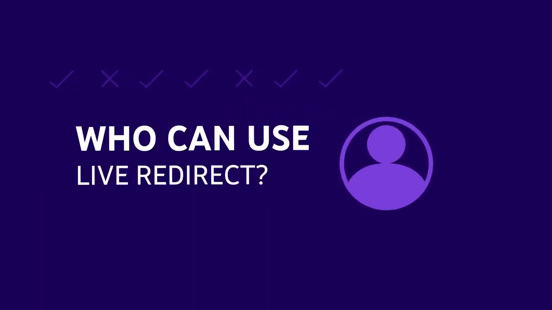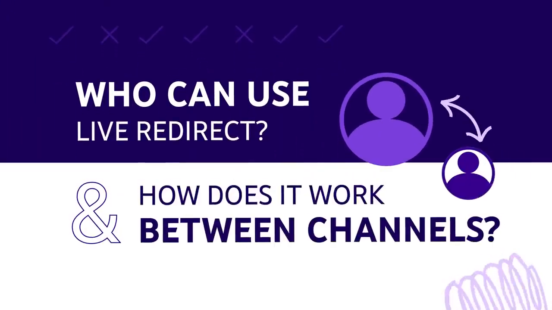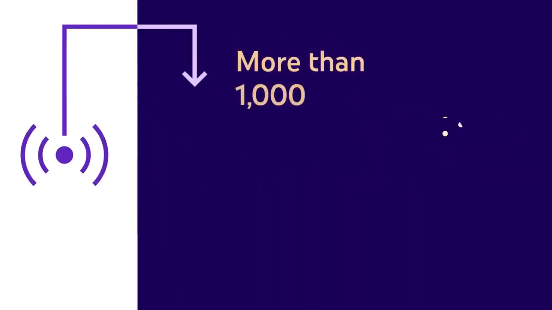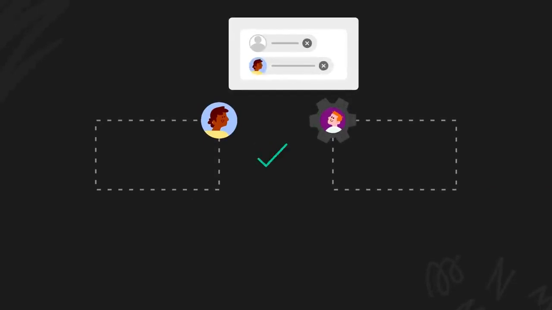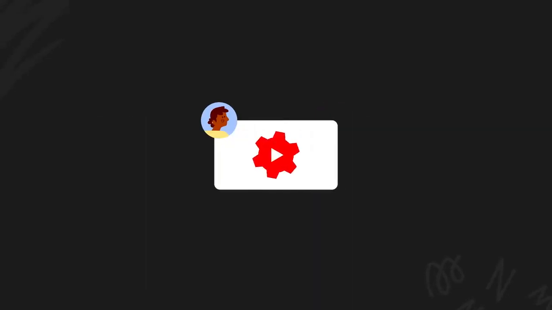Next, who can use Live Redirect and how does it work between channels? Live Redirect is available to creators that have more than 1,000 subscribers and no community guideline strikes. To redirect your viewers to another channel's stream or premiere, that channel will need to approve you. Conversely, if you want other channels to redirect to you, you'll first need to allow them to by following these